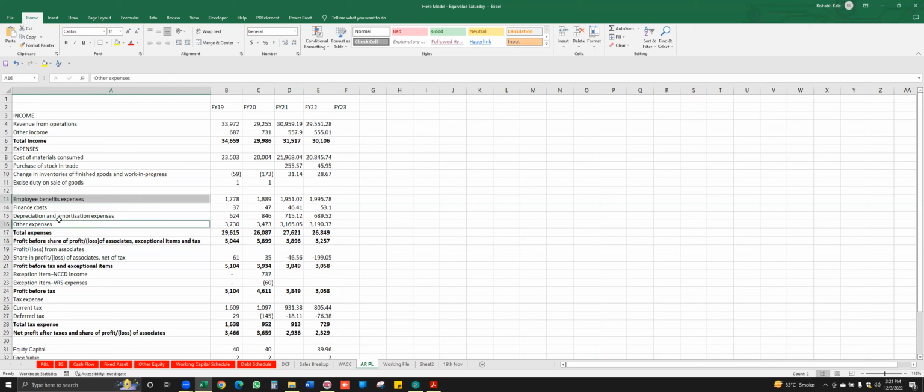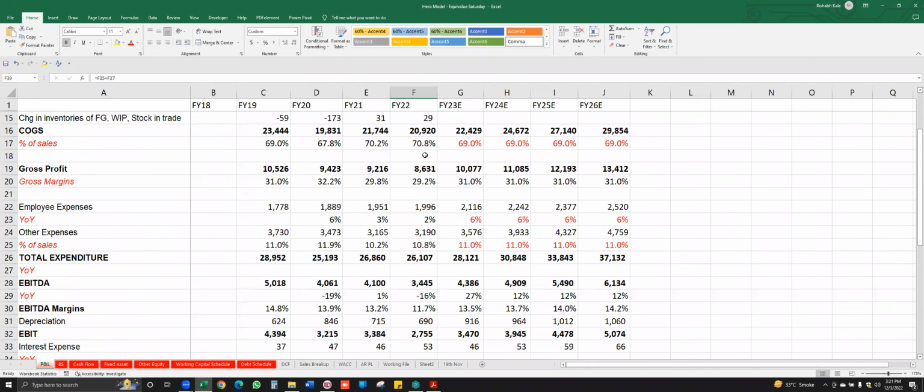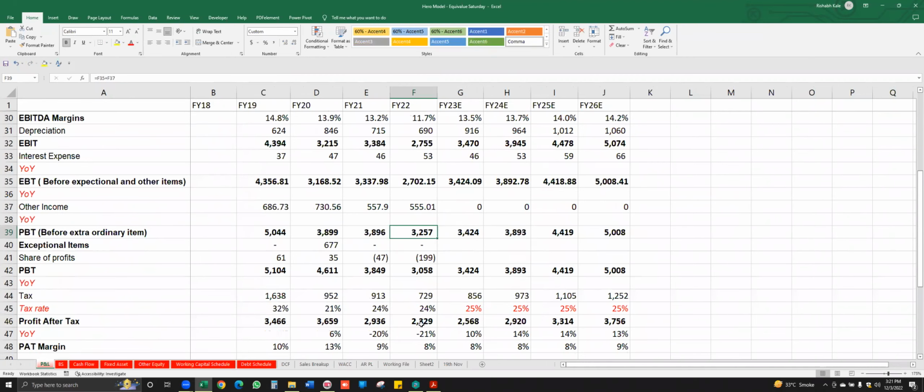Here it comes EBITDA. Then after that, you minus your depreciation. It comes to your EBIT. And after that, from EBIT you minus your finance cost. Then you come with your earnings before taxes. Then other income is added, and then your taxes. So I have made this. You can have a look at how I have done it. You try to do it for some other company and see your profit should match. This profit should be equal. This is coming from a calculation. This profit should match your